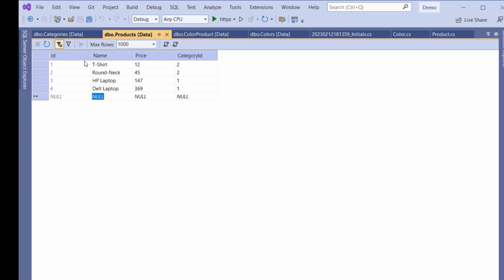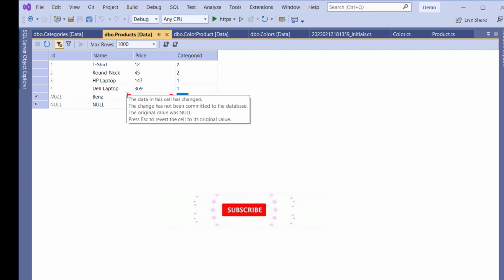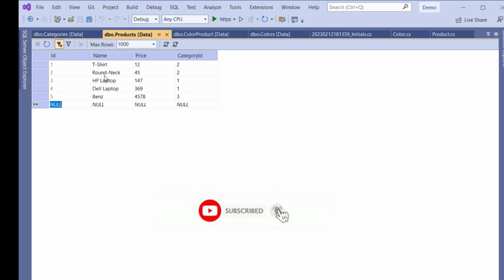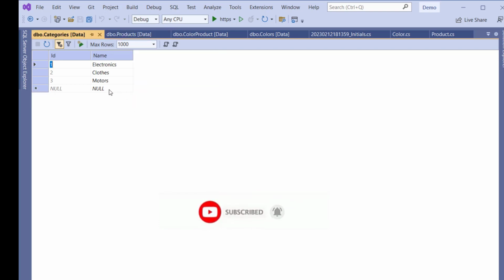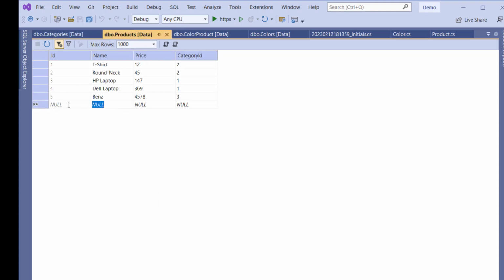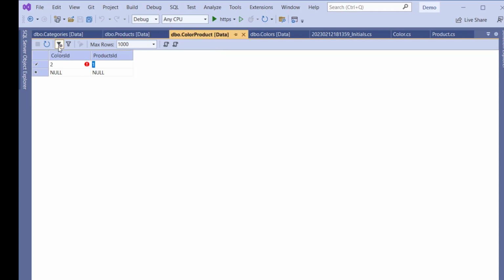So this, we have banks over here, and price is this, and it is 3. Let's see, for category we have up to 3, so let's add one more, and this is going to be so Toyota, and it is this, and the price is 3 as well for electronics. Let's save this, and now with the category, so product color 1, color ID is 1, product ID is 1,